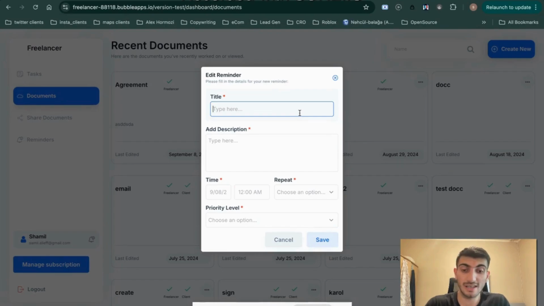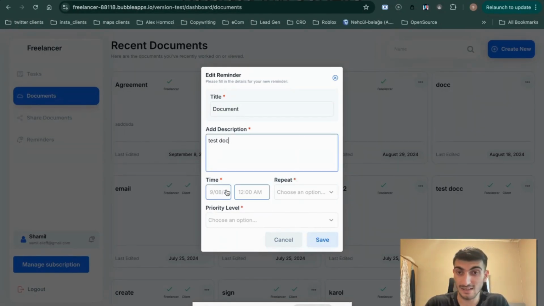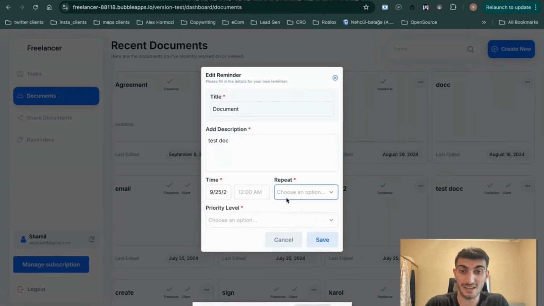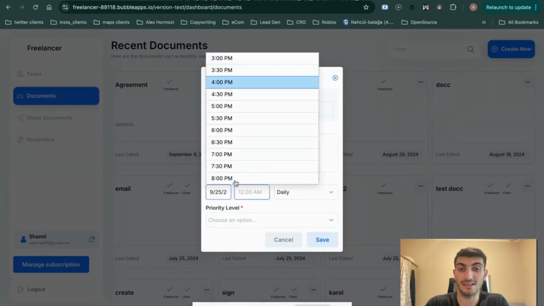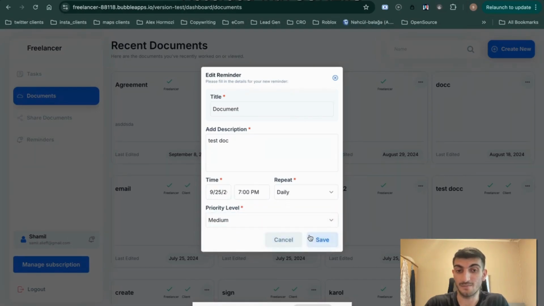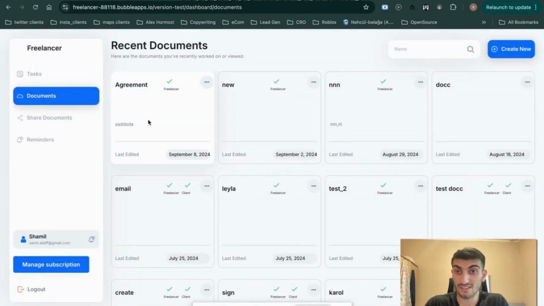So what you can do is just create your document. Let's say I'm creating a test document, and I can set a reminder for some time, and it will repeat, reminding it to me daily. And as I save it, it will create a reminder